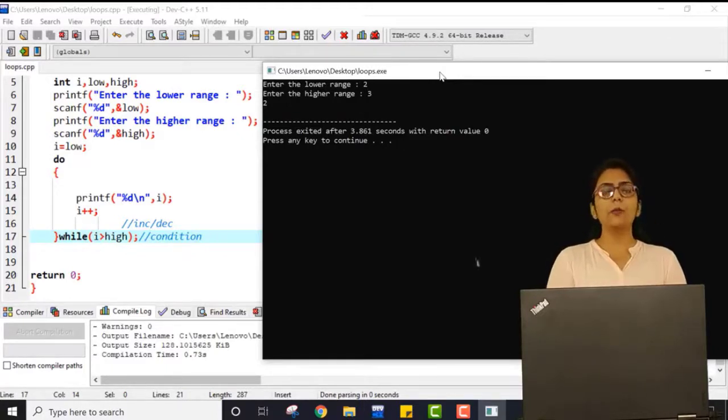For loop and while loop are examples of entry control loop, and do while loop is an example of exit control loop. But more or less these loops are the same. If you want to achieve some aim, then these loops will contribute similarly. So don't worry about that. Now I would like to show you the flow charts for each of these loops to make it more understandable, right? So let's go and see the flow chart.